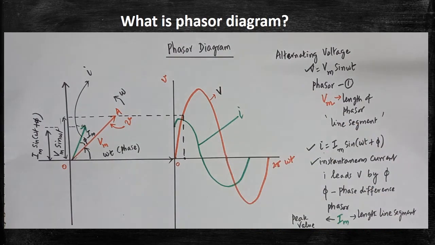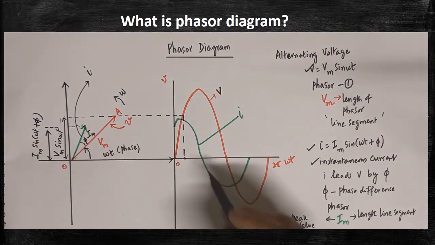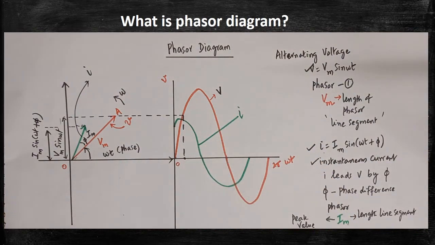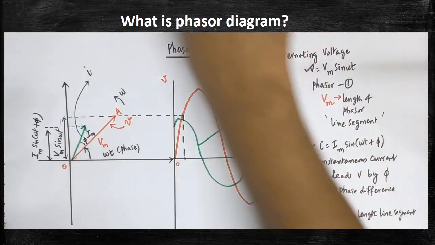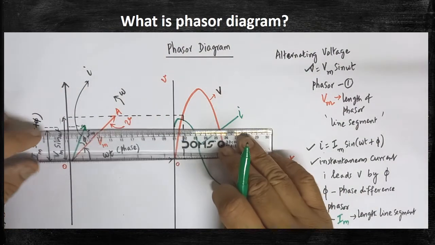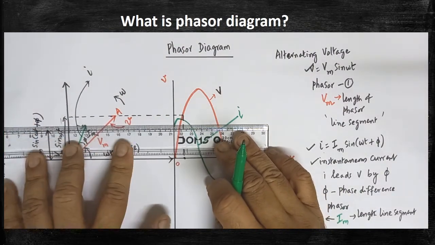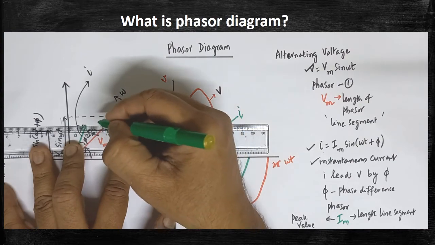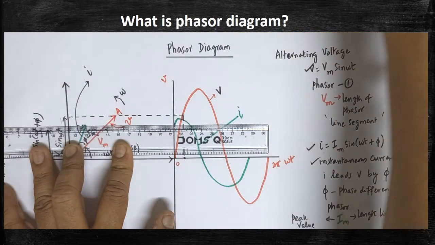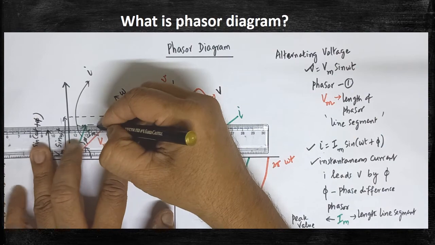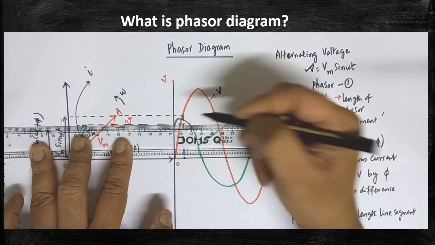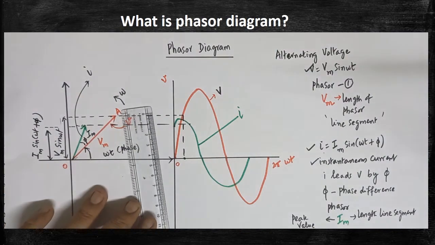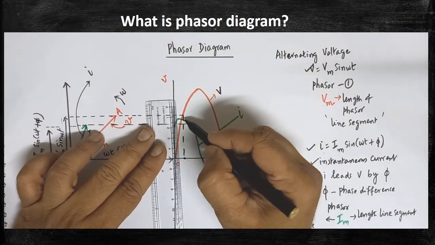So this is the method of drawing the graph for current. This one shows the instantaneous current. Because current is leading, voltage is lagging behind. So again the projection is to be drawn right from here. Draw the projection from this line. If you draw the projection right from this line, you will get the instantaneous current.